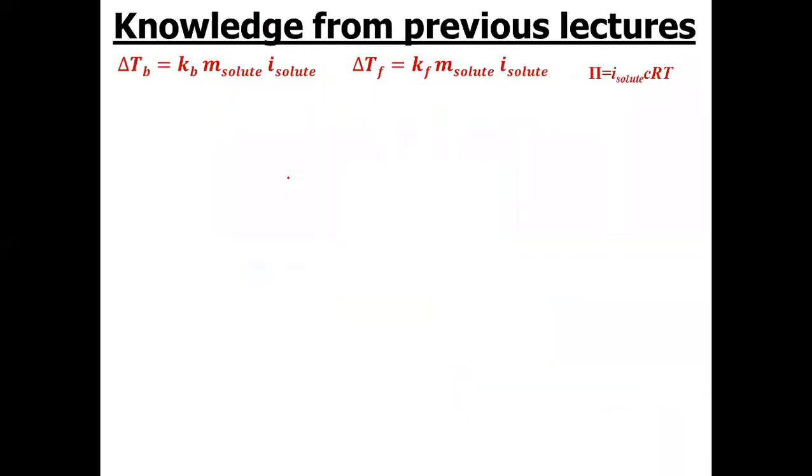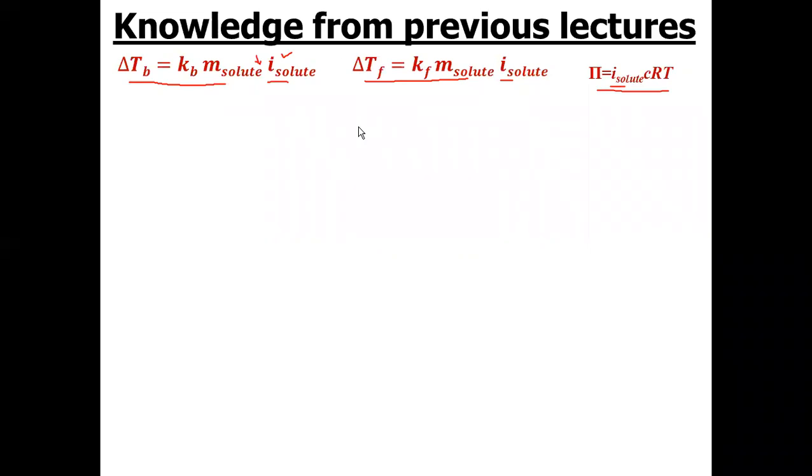But before doing the numericals, let us quickly revise our previous theory lecture on abnormal colligative properties of electrolytes. We discussed there that when the solute is an electrolyte, the normal formulas are modified by introducing a new parameter called iota. This iota is called the Van't Hoff factor. The formulas remain the same, we just have to add a new parameter. We multiply the formula with iota.